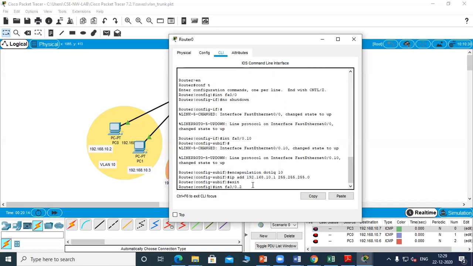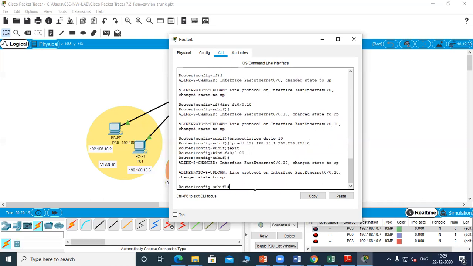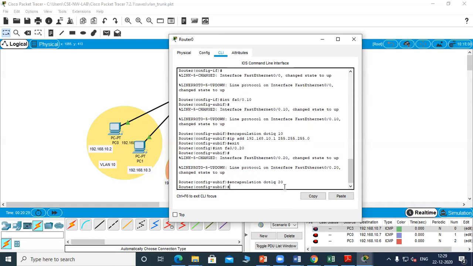Now we'll make this as 0.20. The command to create the sub interface: encapsulation dot1q 20. Now add the IP address.